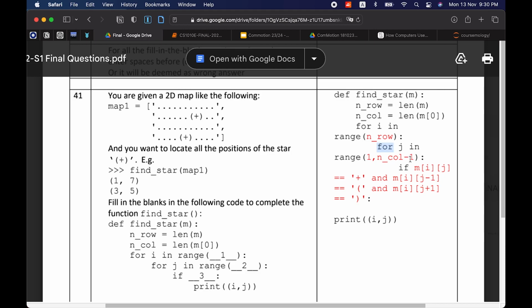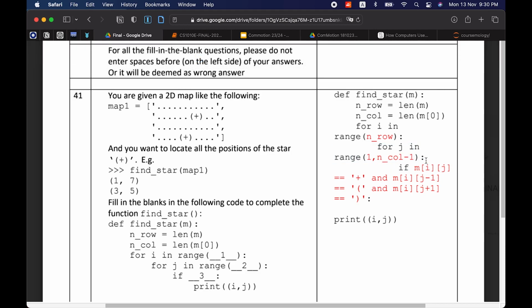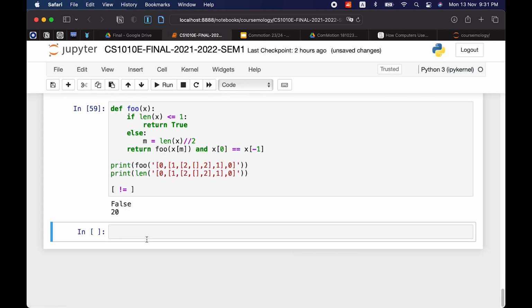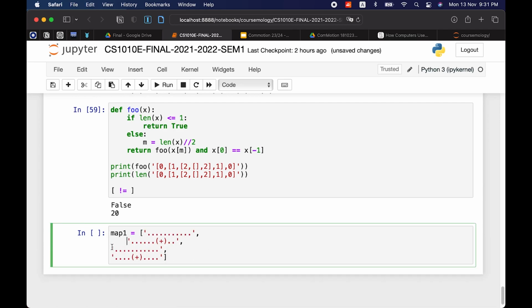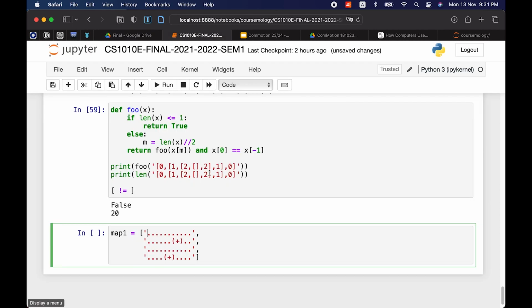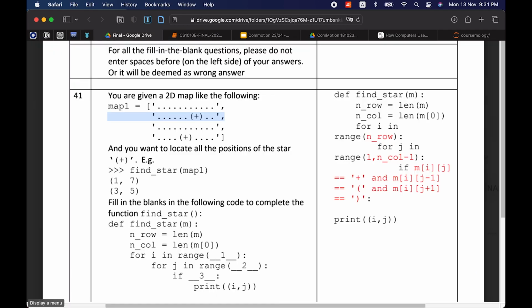But for J, you don't want to start from index 0 to its length, because I'm iterating over the columns, and in this case I'm searching for an open parenthesis, a plus, and a closing parenthesis.